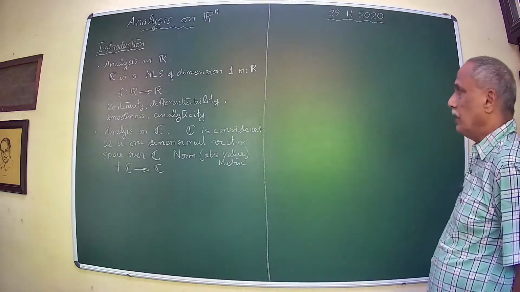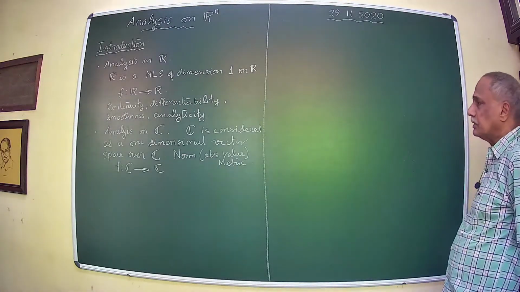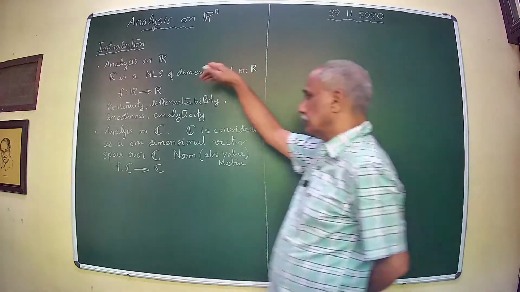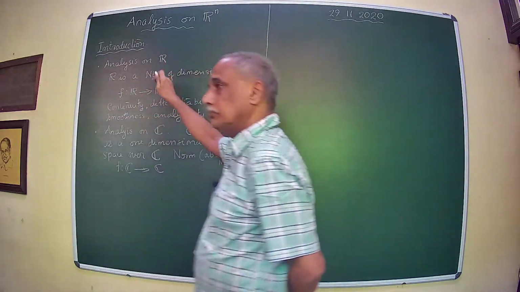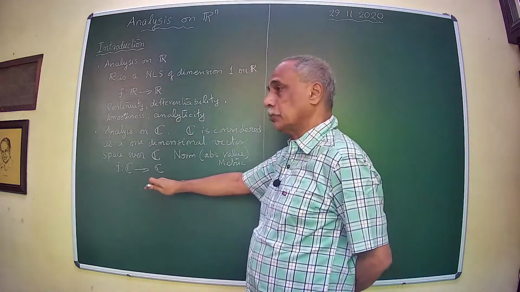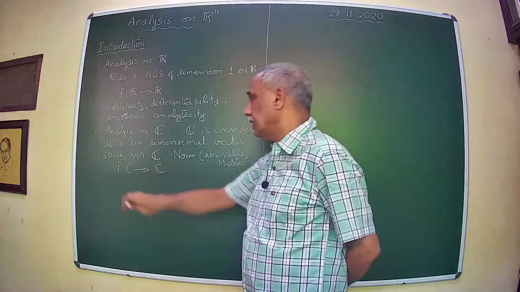So it's a normed linear space, therefore it's a metric space, and whatever experience you had here could be explored on C,